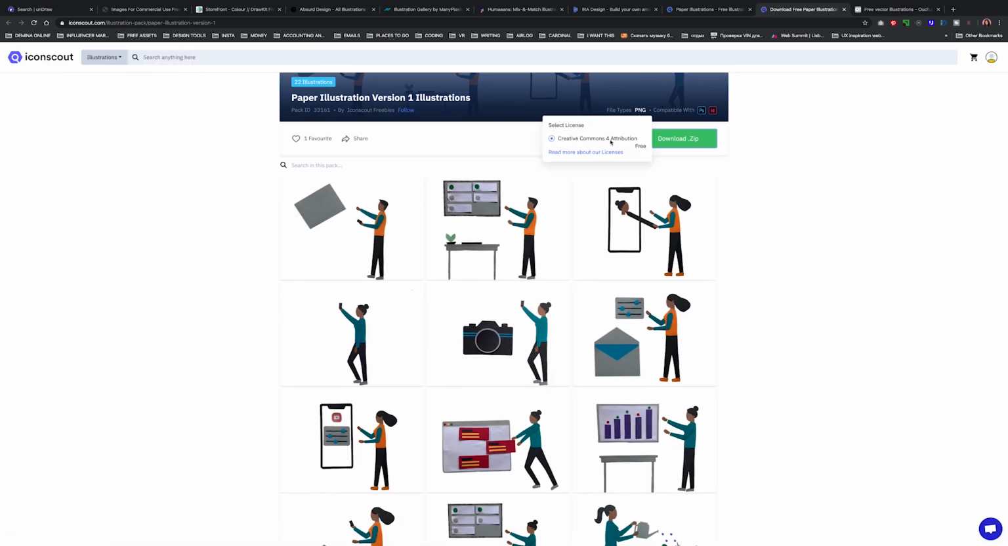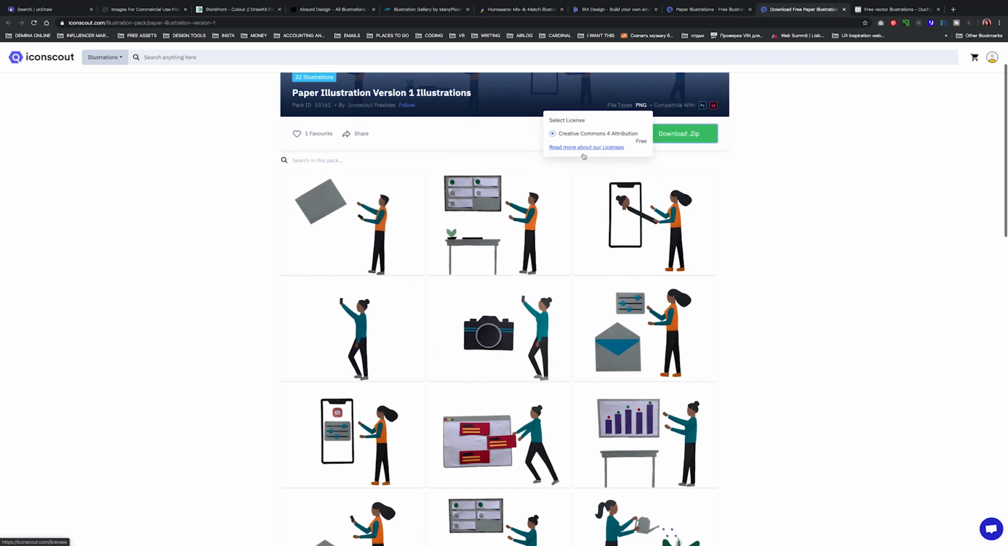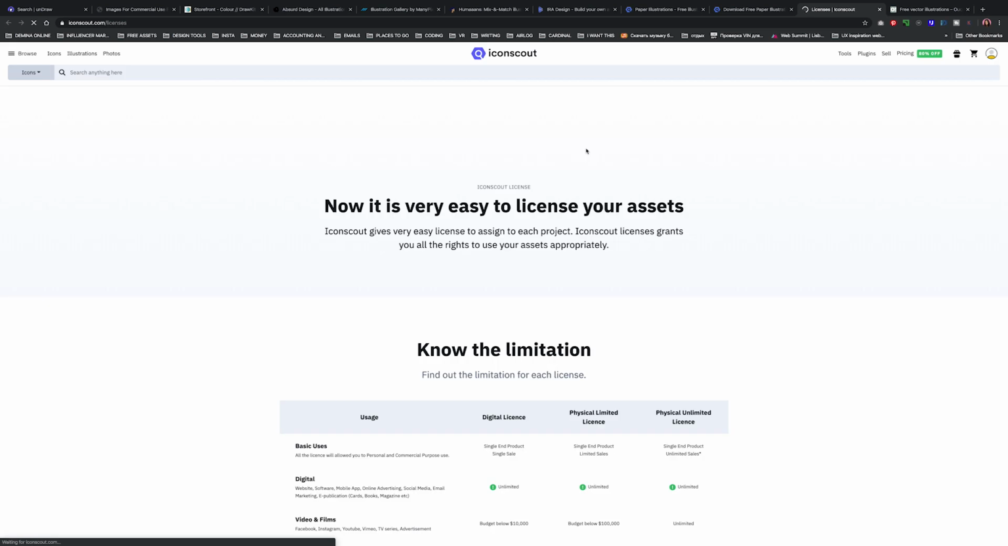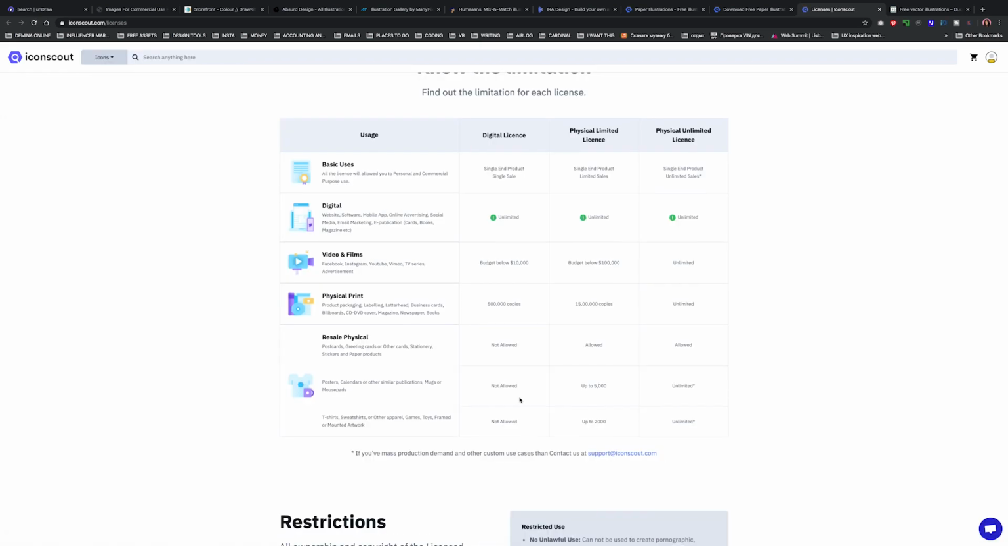What I see is Creative Commons for attributions. Let's see what this is about. So you're not allowed to resell that. Yeah, I mean, guys, whoever has a thought about grabbing the free assets that are given to you by